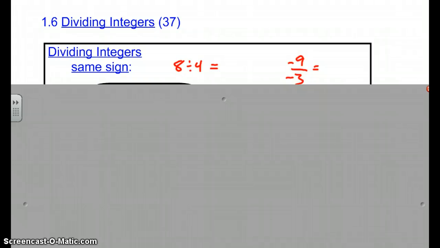Way back in third grade or second grade, you started to divide things like you see here. 8 divided by 4. And 8 divided by 4 is, everyone? 2. And it's just positive, isn't it? So we can fill in that quotient, that's what it's called. One of my least favorite words in math. It's not a word that we use in our everyday life. I mean, we use product in everyday life, and we use the total and the sum, those kinds of words, but quotient is just not a commonly used